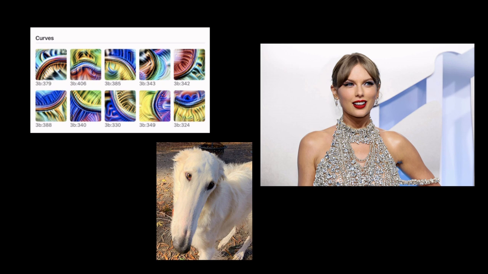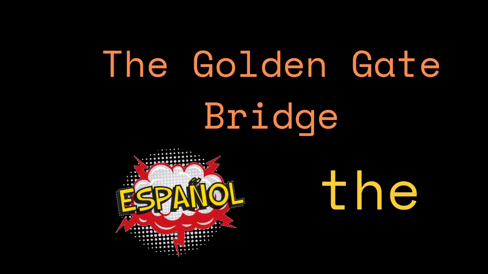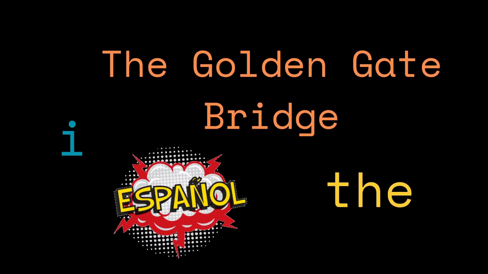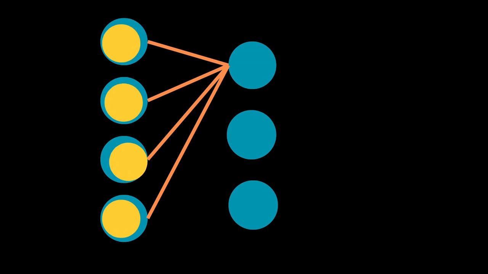For text generators, a feature could be the letter I as used in programming books, the concept of the Golden Gate Bridge, the language Spanish, or the word di. So, features correspond to distinctive-ish properties of the input. Inside of the network, a feature would look like a couple of neurons that always fire together when a particular property is present. These features are, according to the claim, the fundamental unit. This means that features are the smallest individual thing that can be studied to understand the overall behavior of the neural network. This is different from thinking of neurons as the smallest thing worth studying.